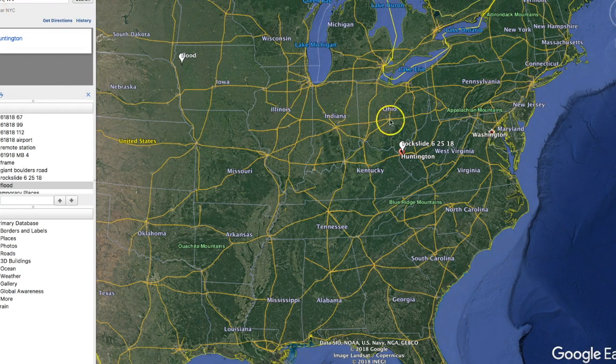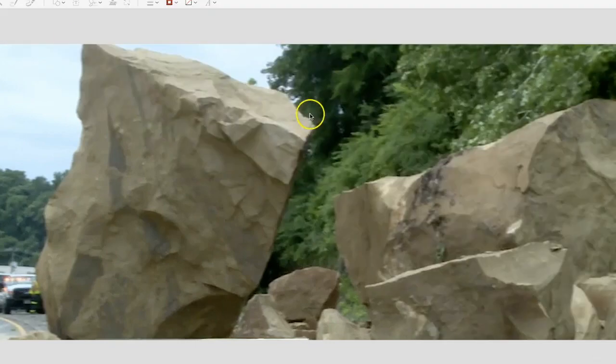Tuesday, June 26th, 4 p.m. Mountain Time, 2018. Guys, in this video, we're going to take a look at yet another huge rockfall in southern Ohio, where Ohio meets West Virginia. We're going to look at some flooding in western Iowa, eastern Nebraska, northern Missouri that's underway and will continue for the next few days. But first, this rockfall happened this morning in West Virginia, right on the border, where it